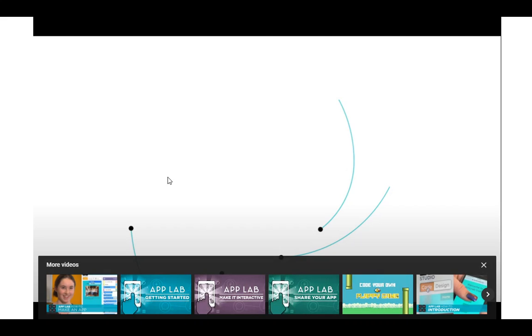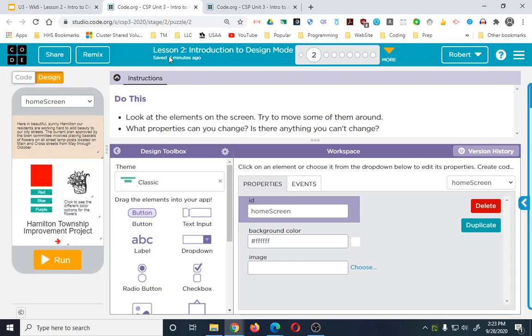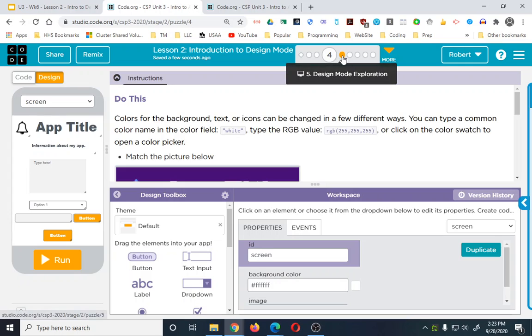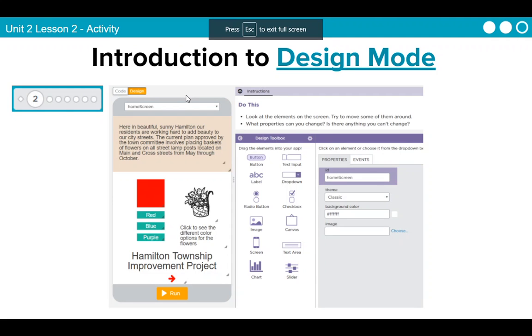Alright, so probably won't actually do exactly that, but I wanted to show you quick kind of what this design mode is. Again, we're not going to necessarily add a button per se quite yet. We're going to, just for this lesson, take a look at it. So I'm going to go to design mode, which is lesson 2, and then bullet 2, and then these are just different apps. Alright, so as you go through here, give you some time to go ahead and check those out, because you're going to come back to them later, right? So make sure you go through these, check them out, understand what they are,